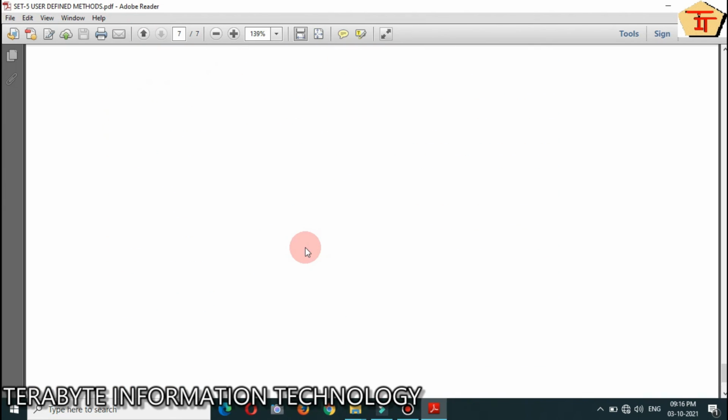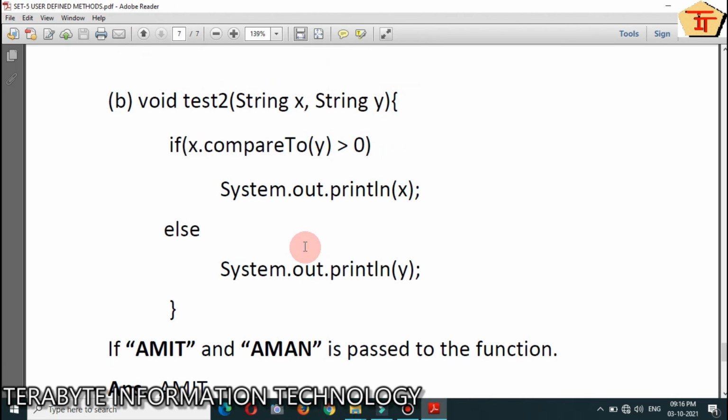So this comes to an end of this particular video. I have covered different types of sets for unit 3, user defined function. I hope those who are going through my video are getting benefit out of it.